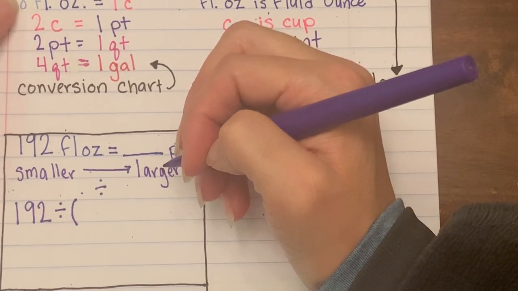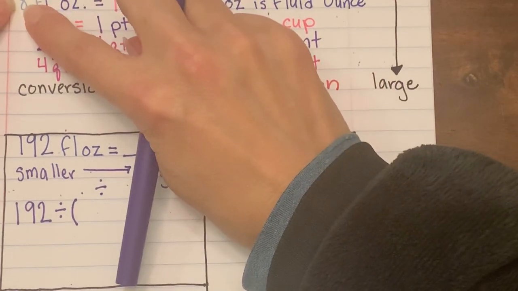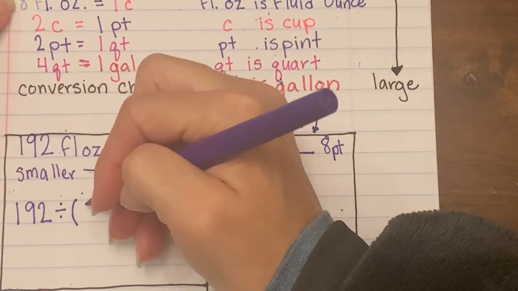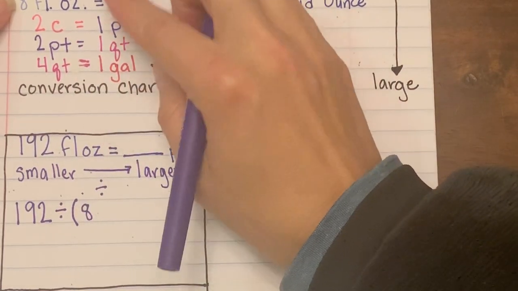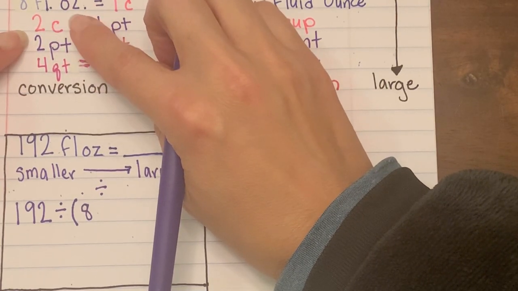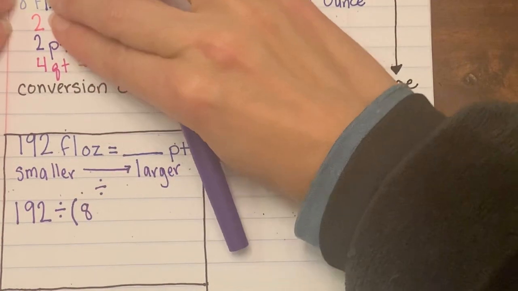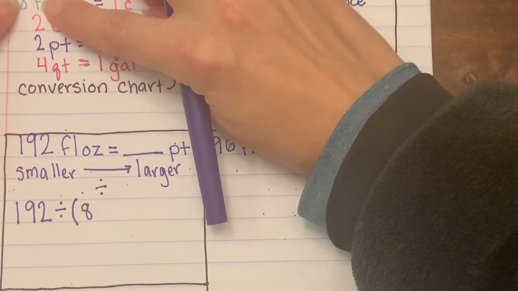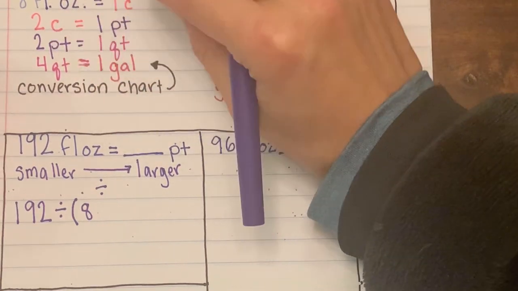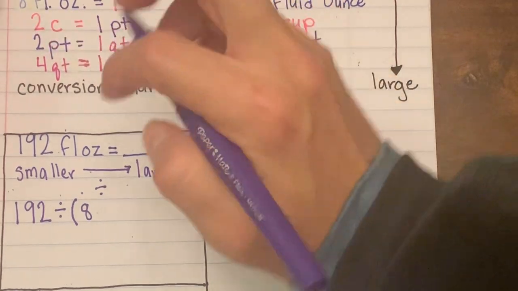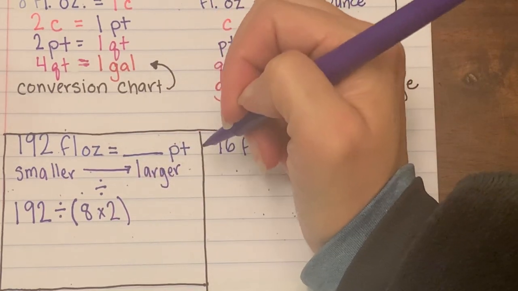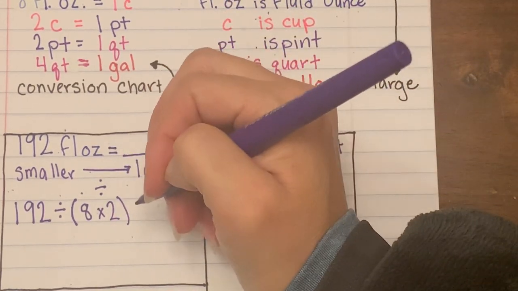So what we're going to do is we're going to start here. So it's going to take me 8 fluid ounces to go over this equal sign. So I'm going to start with 8. Okay, and then I'm going to need to multiply it by 2. And I know it's weird because we're actually going to end up dividing, but really what we're going to do is be dividing it by 8 and then dividing it by 2. So if I wanted to make it a little bit easier on myself, I can combine the 8 and 2 together by multiplying. So 8 times 2, which is 16. So I'm going to have